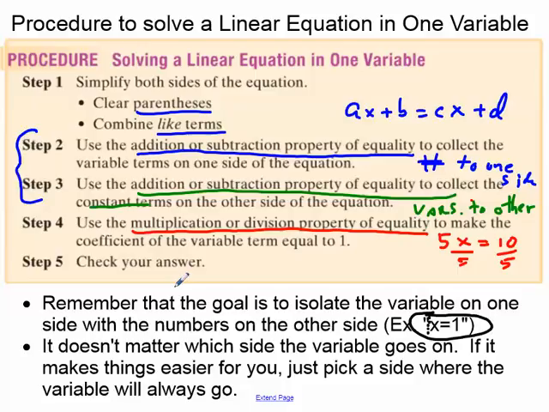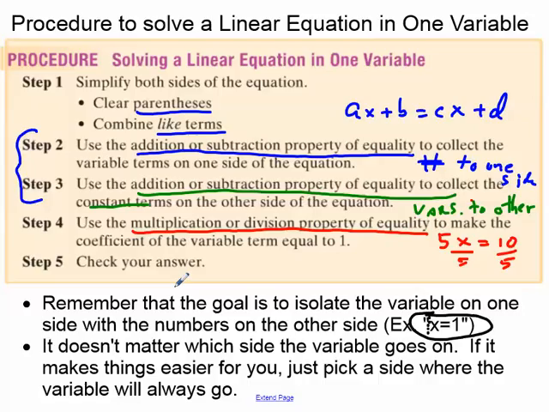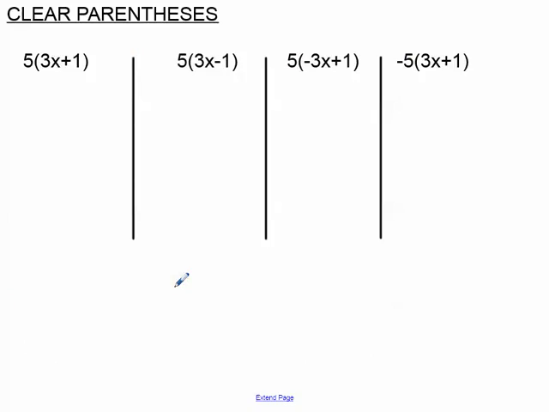So there's the middle school dance analogy that I try to use. All right, so step number 1 back here was clearing parentheses and combining like terms. Clearing parentheses just really means taking this number that's outside the parentheses and multiplying by everything that's inside the parentheses. So you take the 5 times the 3x, and sometimes if there's no sign